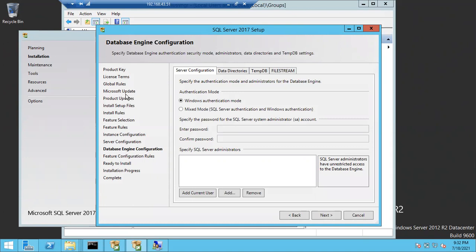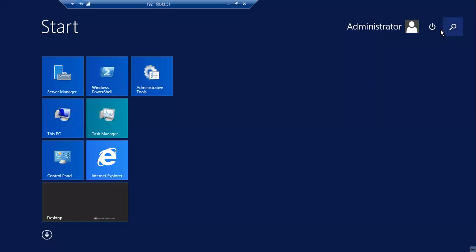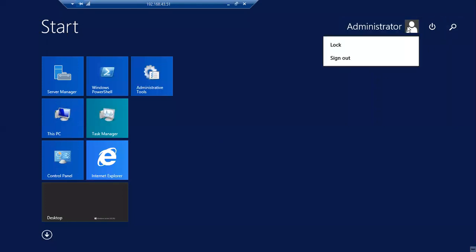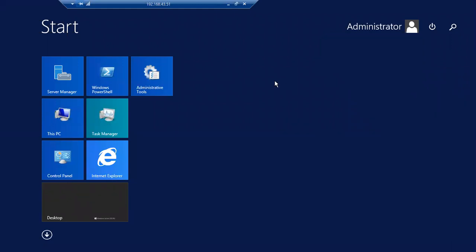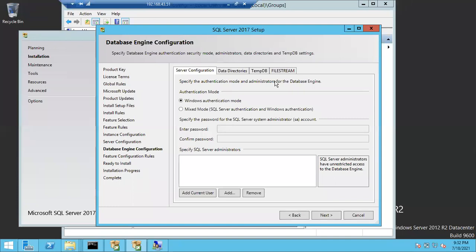Okay, right, fine. So we have two types of authentication modes: Windows authentication and mixed mode, or SQL Server authentication. Windows authentication means logging into your laptop using your Windows credential. Logging into your laptop using your Windows credential is called Windows authentication. SQL Server authentication means again you have to give the username and password. If you choose Windows authentication, it won't ask the username and password. You can simply connect to the SQL Server. If you choose mixed mode authentication, again you have to give the username and password to connect to the SQL Server.